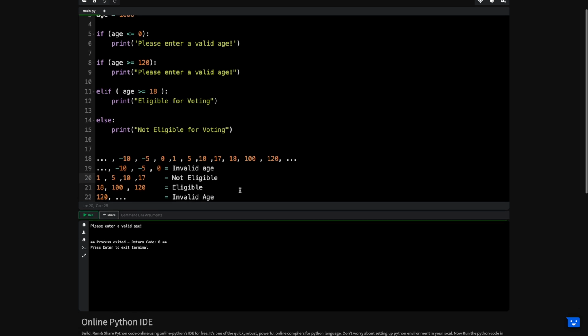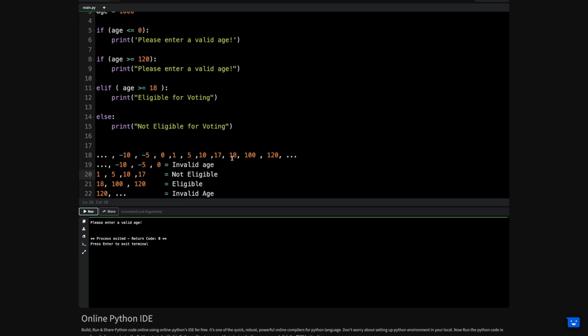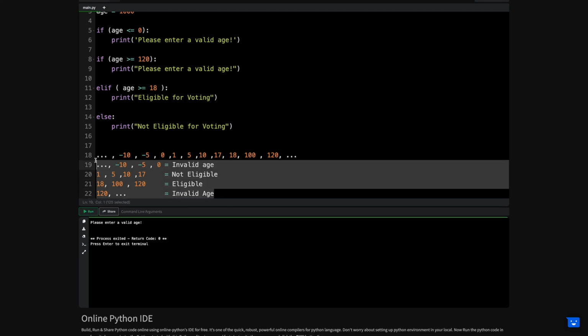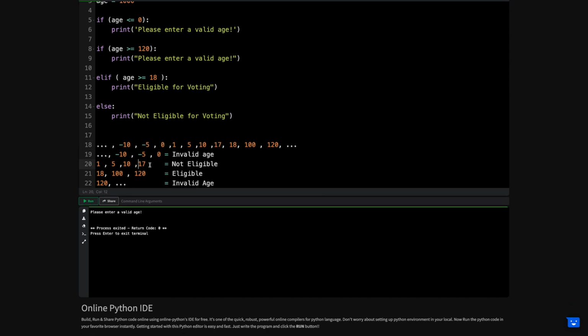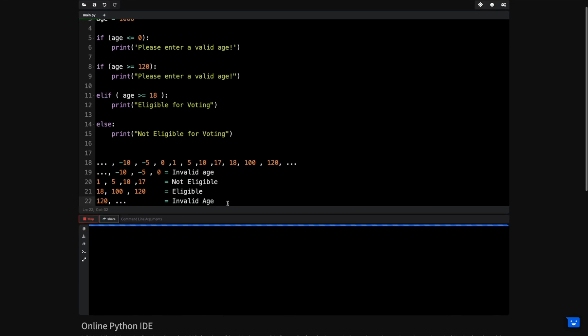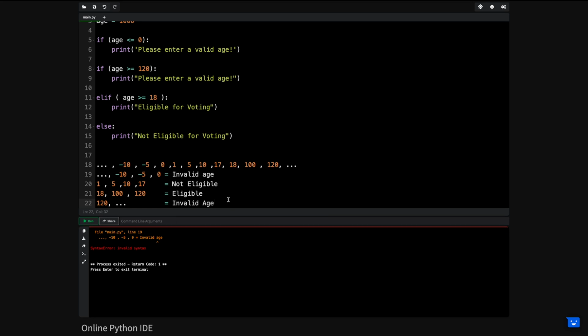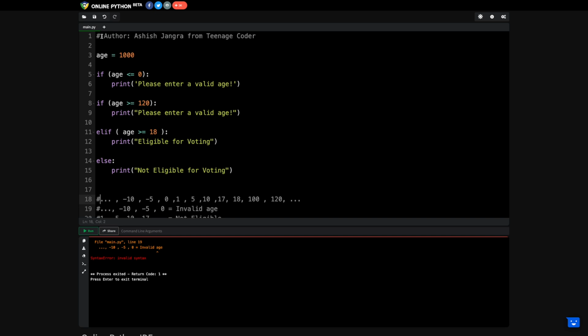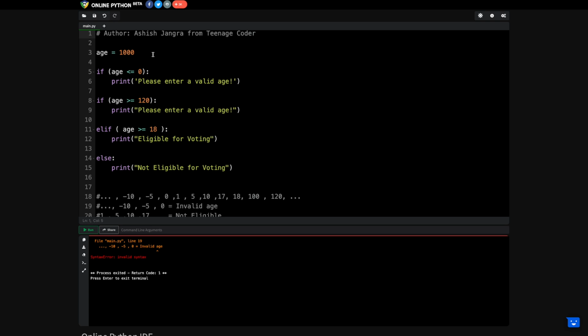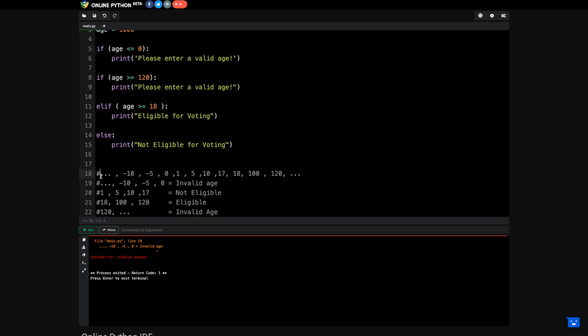Clear? And if I execute it, I will get some errors because the code that I have written here should not be there. So what I can do is write it inside comments. Here you can see you are getting a problem, so you can write a hash in front of all the lines. If you write a hash in front of it, like I have written here, just for the sake of saying this is the author of this particular code,